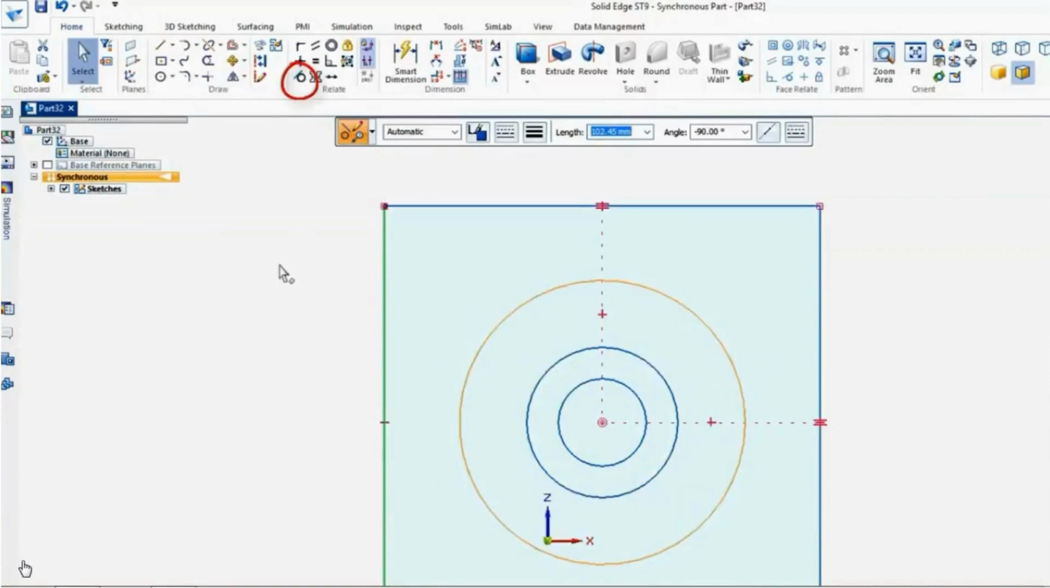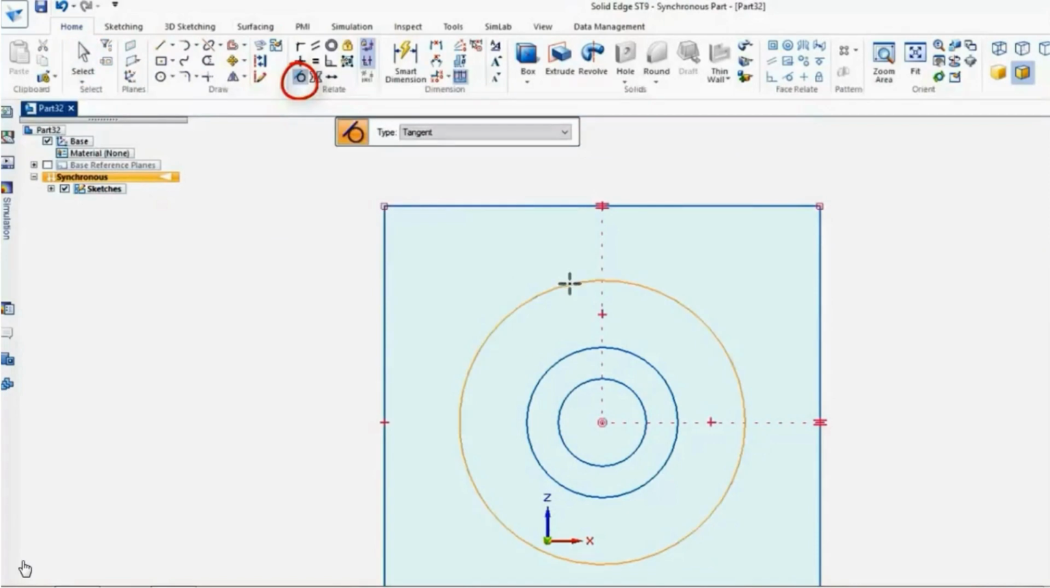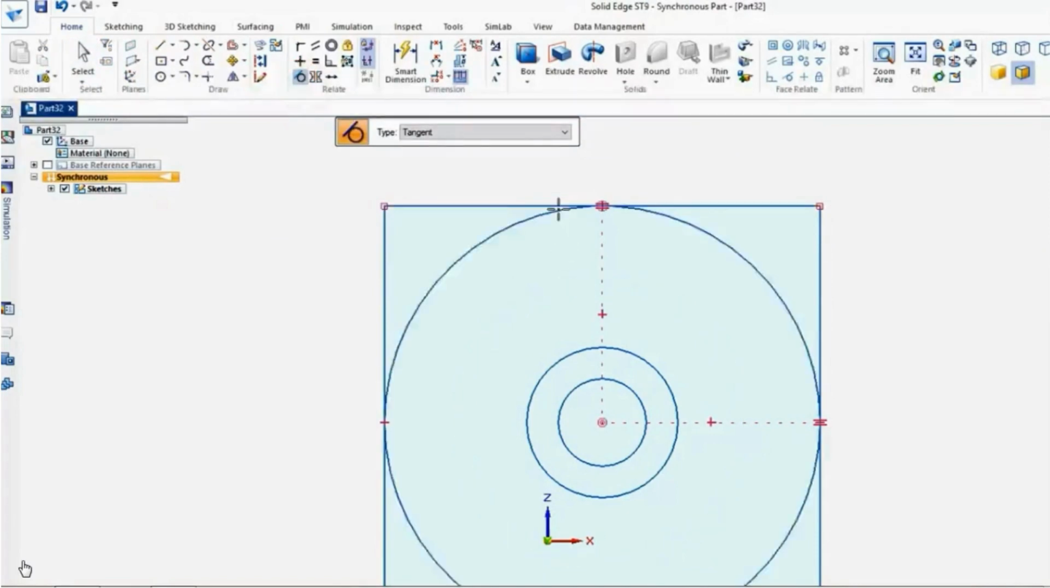Now if I'd like the circle to be tangent, if I come down to this tangent constraint and say I'd like this circle to be tangent to this line,